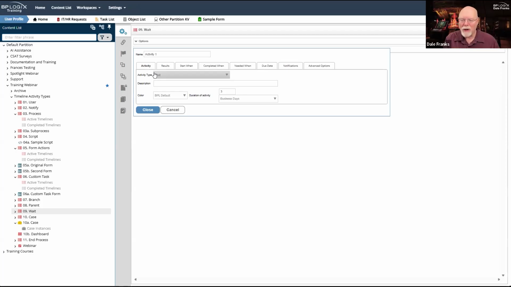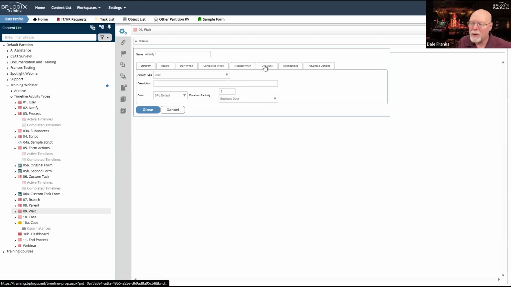So, how I'm going to make the wait work is dependent on a couple of things. I think the most common way of making a wait work is by saying, look, I just want you to hold for 3 days. I think we had one person that wanted to hold something for 30 days before they would go back to it. And you need to hold it for a finite amount of time. In that case, it's pretty easy to do. So if I wanted to make this timeline, which I did, wait for 3 days or 3 business days, which could be up to 5 calendar days. That's cool. I can do that.